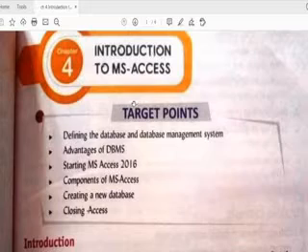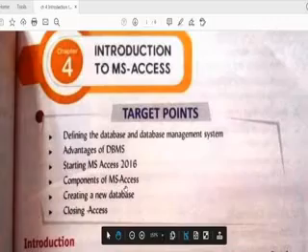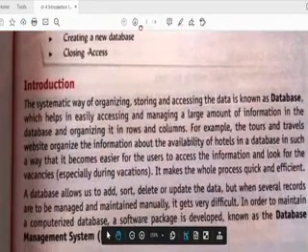Now the next thing we have is MS Access. Basically, what is MS Access? MS Access is a database management software. Now, when we say database management software, its name itself tells me that it's not a single thing, it has a lot of things which have to be arranged. Here we are going to study how to use Access, and before that I have to go for a short brief on a topic: what is a database management system, how it works, what are the advantages, and all that.